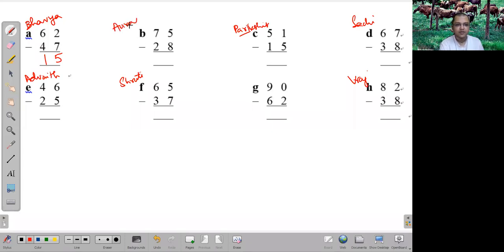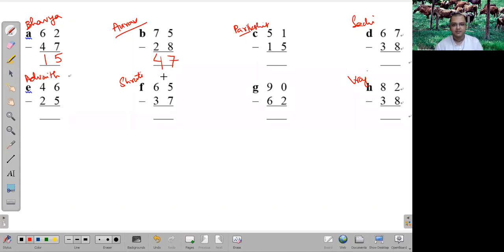Okay, Prabhuji. So what I did was that I did 8. Since I couldn't make 8 into 5, I made 8 into 15, which took 7. Then I added 1 into 3, I mean, into 2, that made 3. Then 3 and 4 is 7. So the answer is 47. 47. Excellent.